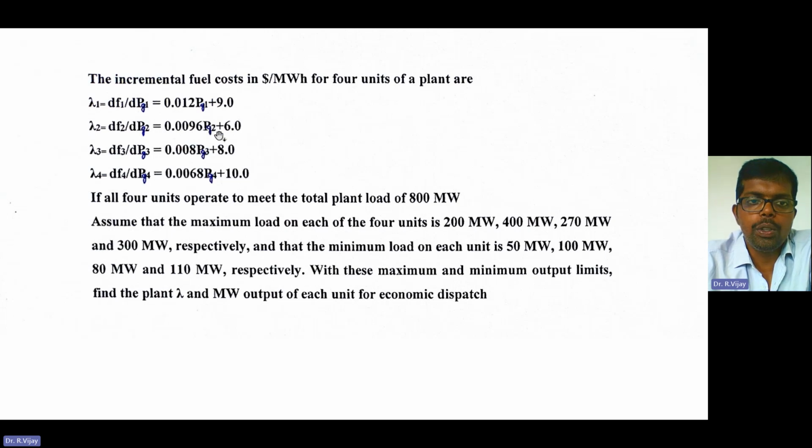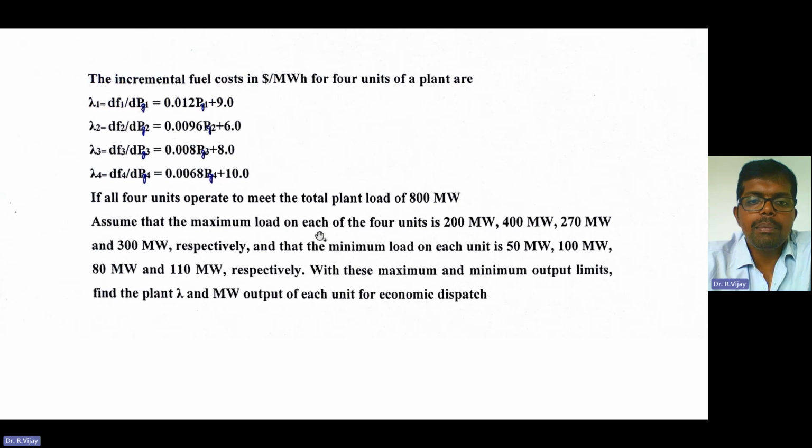Next, lambda 2 is equal to df2 divided by dpg2 is equal to 0.0096 pg2 plus 6.0. Lambda 3 is equal to df3 divided by dpg3 is equal to 0.008 pg3 plus 8.0. Next, lambda 4 is equal to df4 divided by dpg4 is equal to 0.0068 pg4 plus 10.0. If all 4 units operate to meet the total plant load of 800 megawatt, assume that